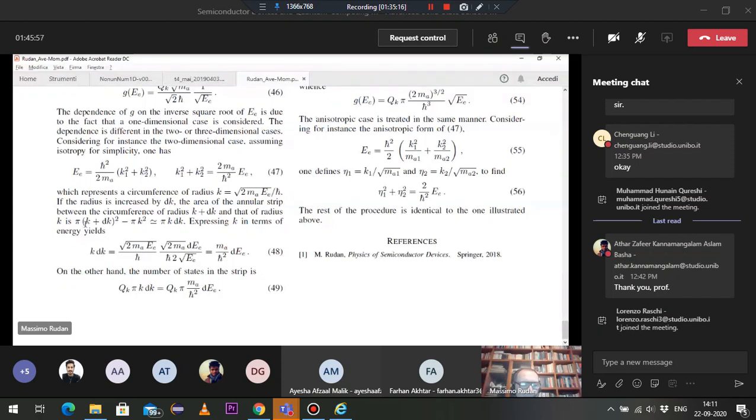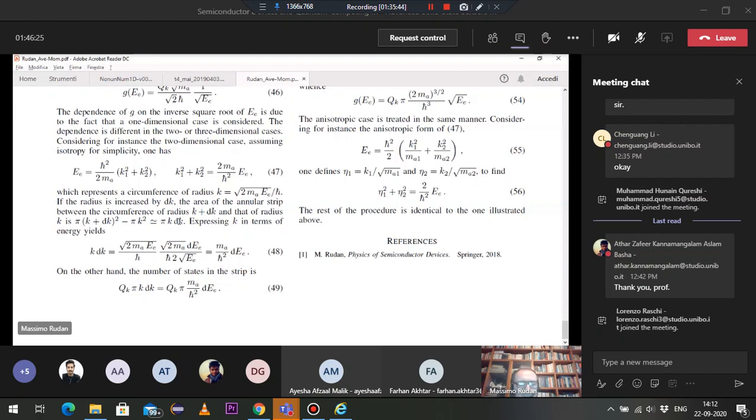If you extend the radius by dk, you have pi times k plus dk squared. If you take the difference to first order, it is pi k dk. So this expression here is the area of the annulus that you obtain by extending the energy by a little